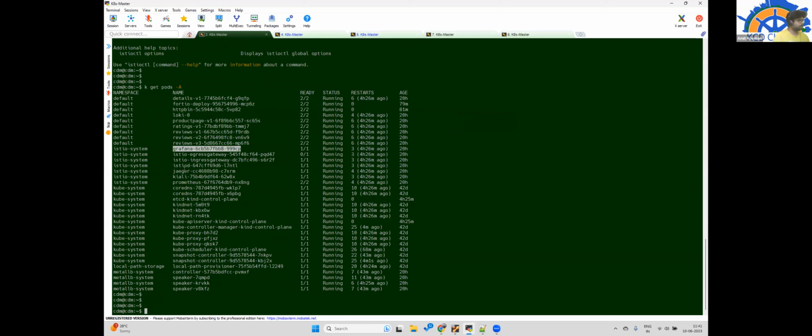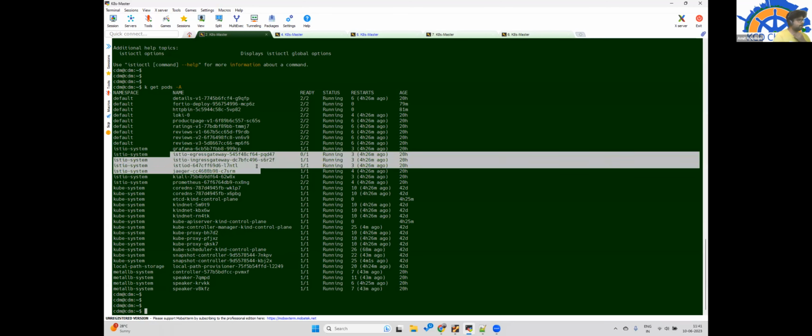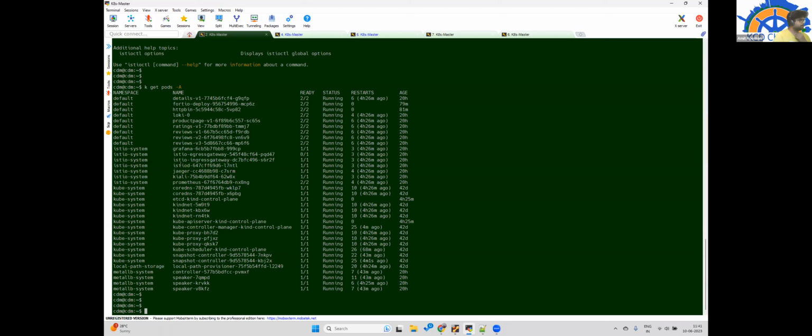Grafana, Jaeger, Kiali, and Prometheus are add-ons for observability, but the basic set of processes deployed are these three. This will have your pilot, galley, and citadel modules inside, and that's pretty much it.